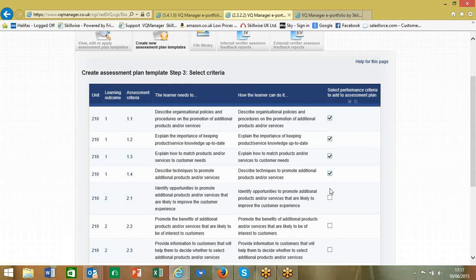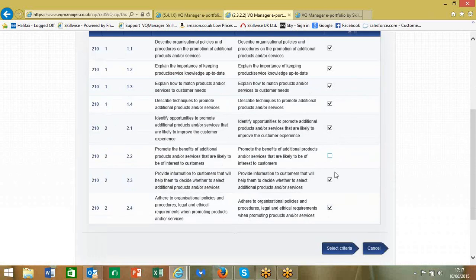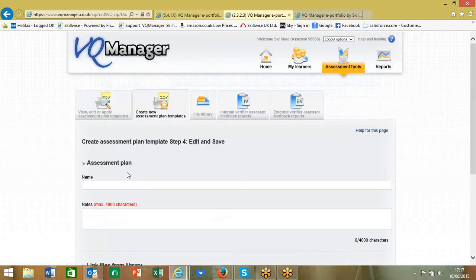Again, I can tick them manually, or I can use the quick tick, which will populate all of them. At any time, I can untick any of those criteria. So I've selected some criteria, and then I will give my assessment plan a name. So this one could be